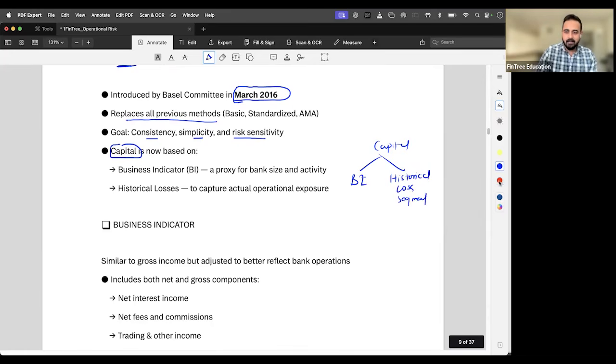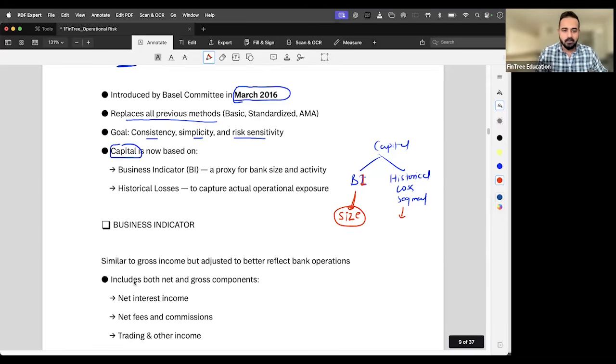Now the logic is like this, and I want you to get it nailed into your brains now. Under business indicator, this is a proxy for how large the bank is, because obviously the larger the bank, the higher would be the gross income, right? So a larger bank will have a larger business indicator. So it's a proxy for size. But think of a scenario where two banks have the same size. One of them does very risky lending, whereas the other one does only mortgage lending, a safe lending, right? So you need to also capture the level of risk which is embedded into these banks, and that was captured